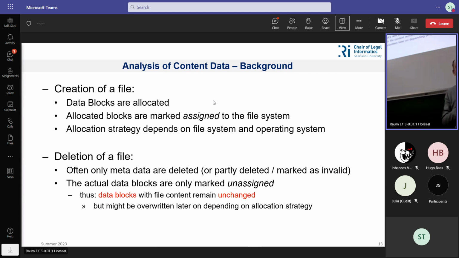Those are actually two different processes, to be more precise. Firstly, we have a data structure which says for each individual block, is it allocated or not? And then we have a second data structure which maps a file's metadata to those specific blocks. So there would be one data structure saying which blocks are used and which ones are not used, and another data structure which says test.txt is stored in the following blocks. Why do we have two data structures for that? The second one would be sufficient because the information would be there, but